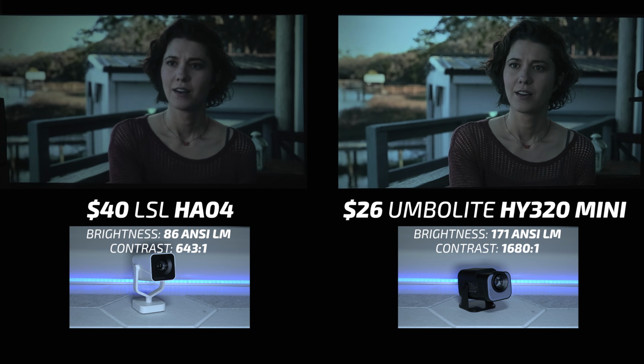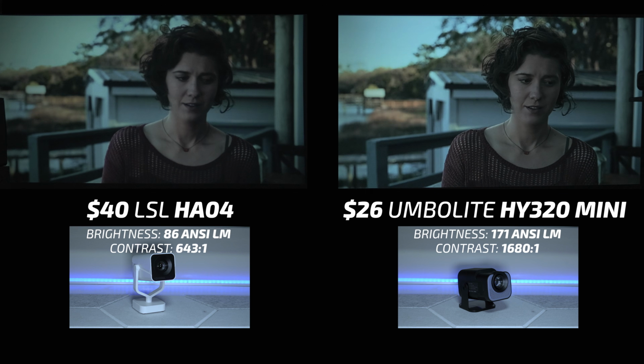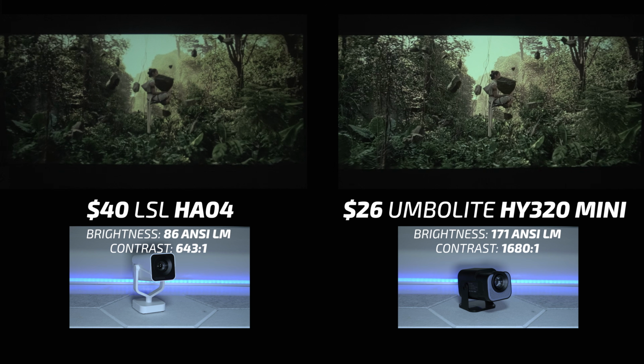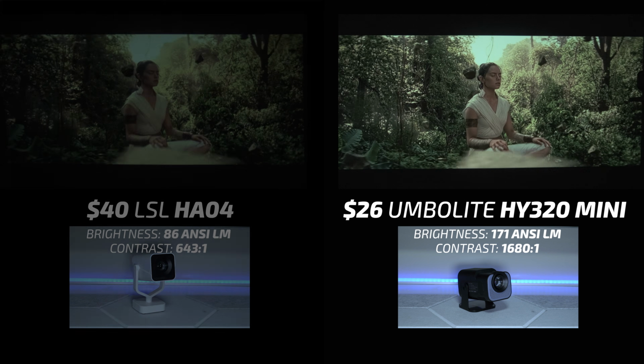Next, in round 8, the LSL HA04 is on the left and the Umbelite HY320 Mini is on the right. And in addition to an incorrect squashed aspect ratio, the LSL HA04 was also noticeably blurry compared to the Umbelite, and it's got less than half the overall brightness, and ultimately it didn't stand a chance and the Umbelite moved